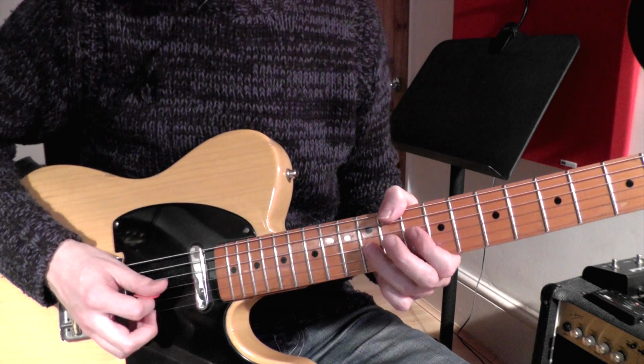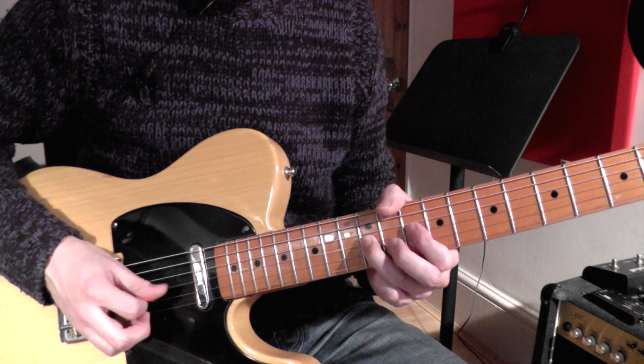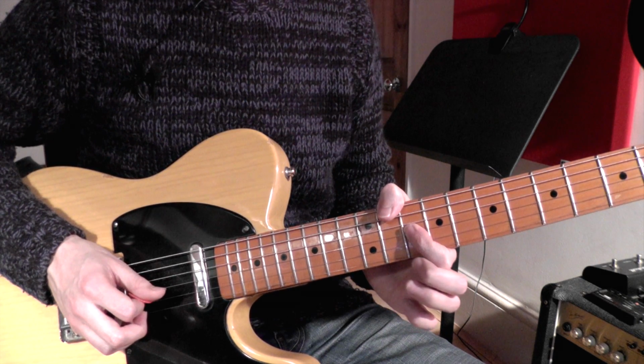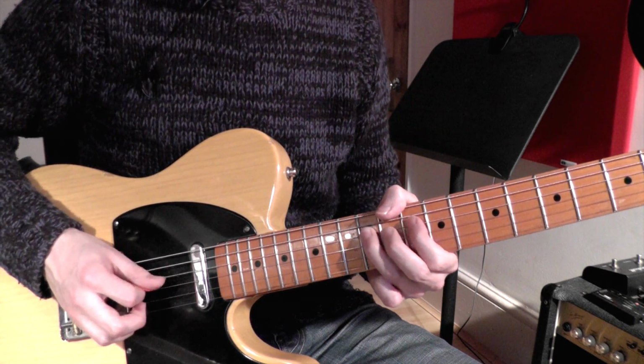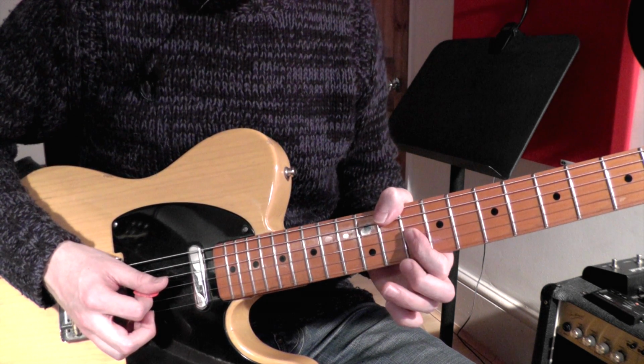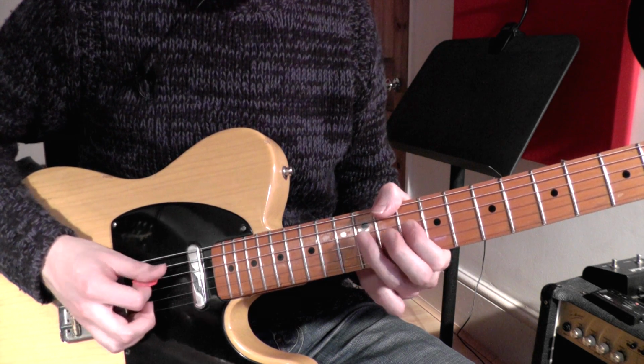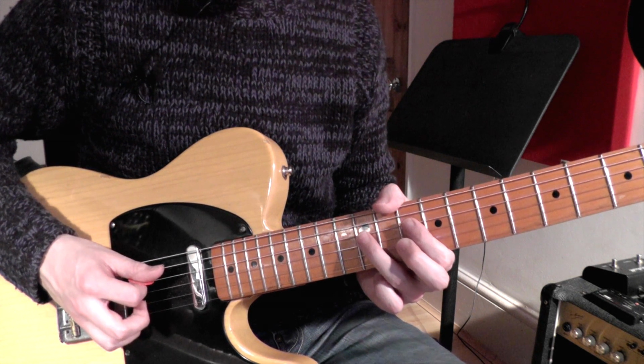And then the final bit of the lick goes like this. We're playing the 12th fret twice on the 3rd string, pulling off to the 10th fret, 12 to 10 on the 4th string, back to the 10th fret on the 3rd string twice, pull off from 12 to 10 on the 4th string,